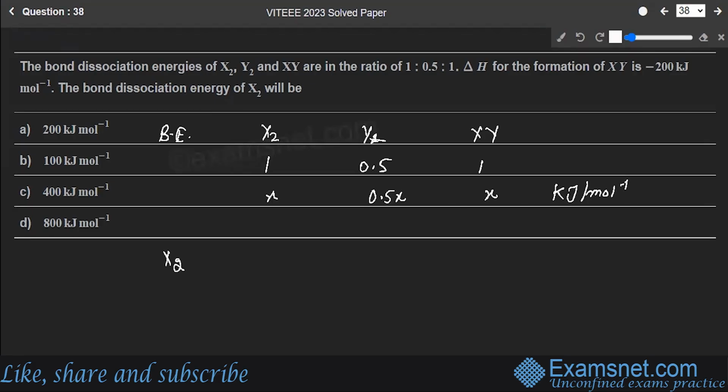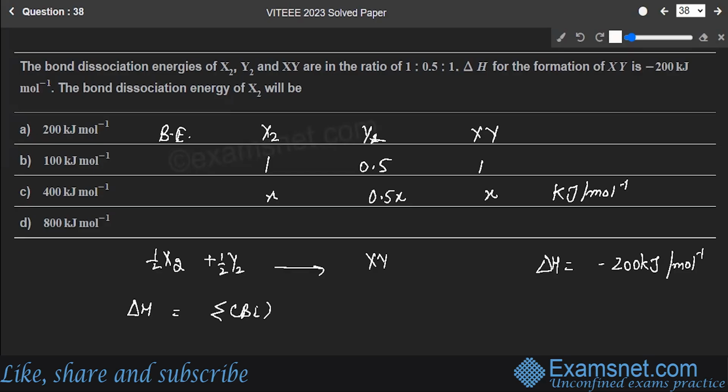Let's write down the reaction. You have X2, Y2. If I want 1 mole of this, so this will be half of X2, half of Y2 will give you XY. Now you're given that change in enthalpy in this case is equal to minus 200 kilojoules per mole. So that means this delta H is equal to the summation of bond energies for the reactants